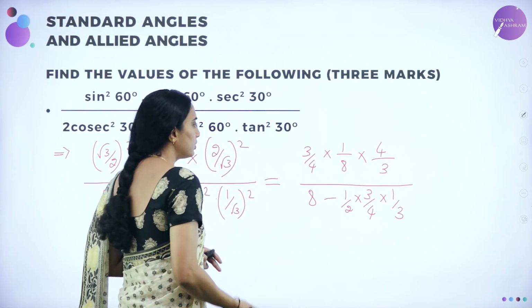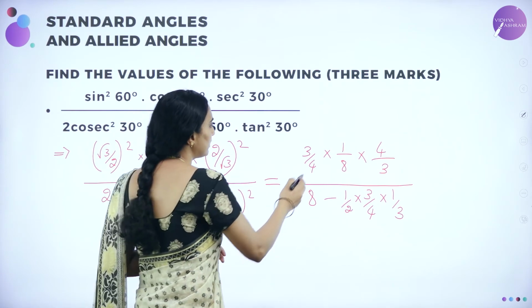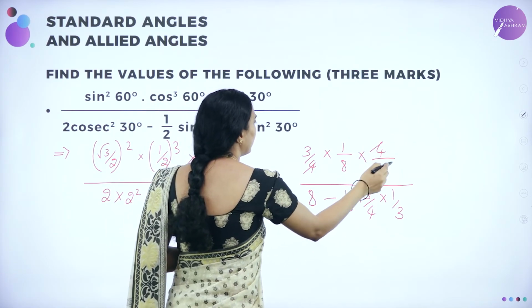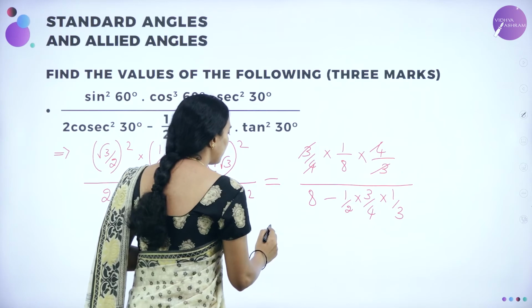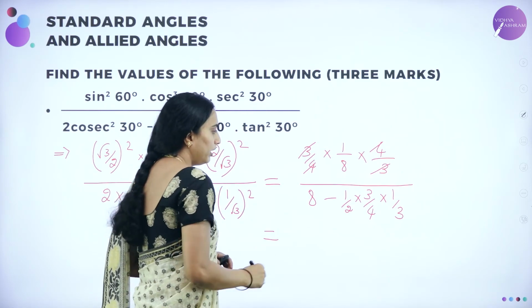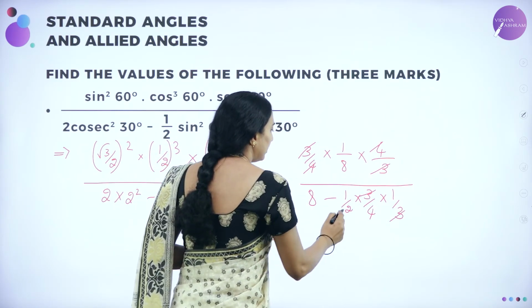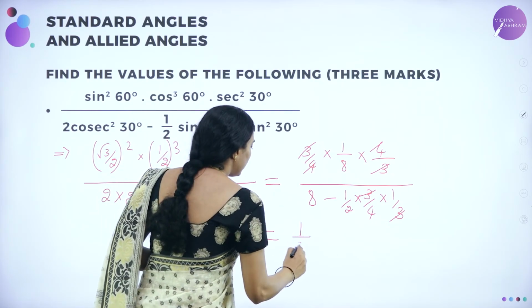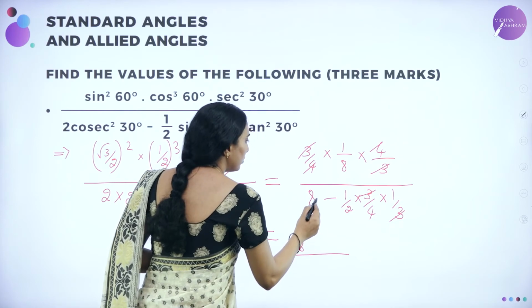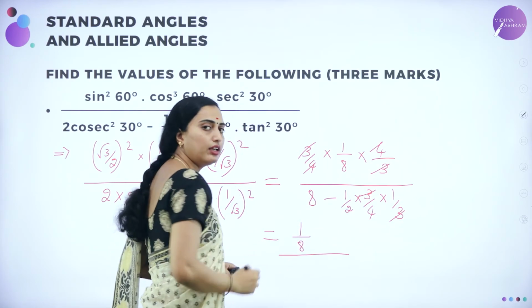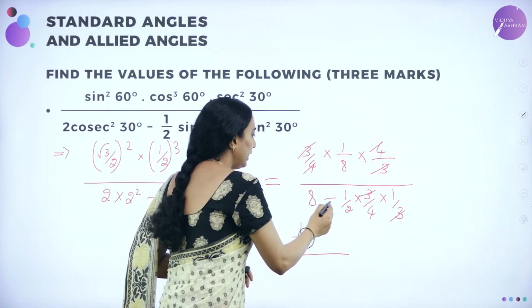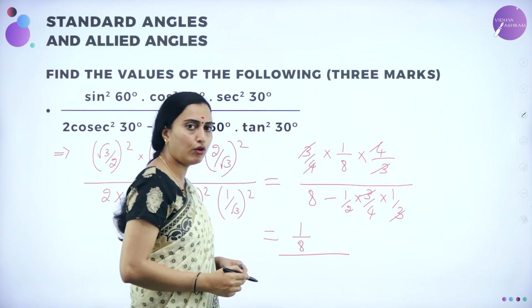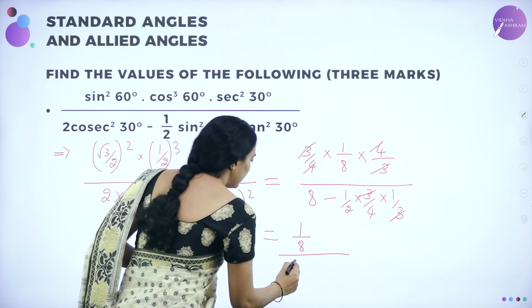So therefore, dears, which and all it will get cancelled, you can cancel. Here 4, 4, 3, 3 will get cancelled. Remaining is 1 by 8. Again in the denominator, 3, 3 will get cancelled. 2, 4s are 8 you are having. Therefore, 1 by 8 divided by, so here 1 by 4 2s are 8 you are having. So you can take it as 8 8s are 64 will be the LCM will be 8.